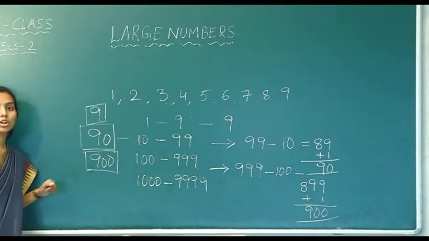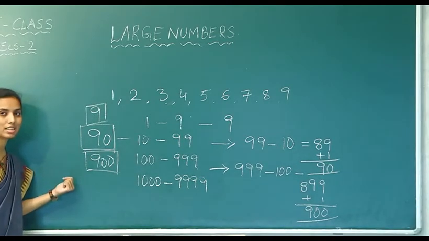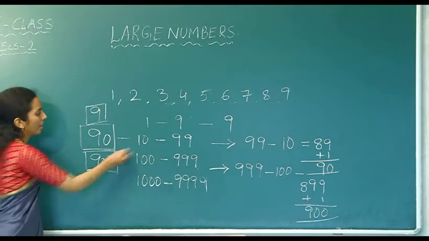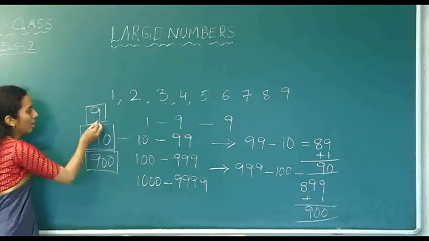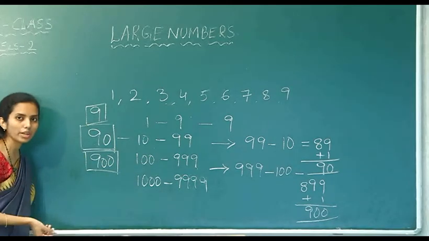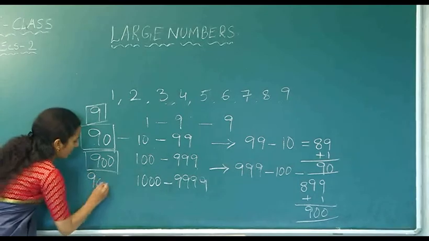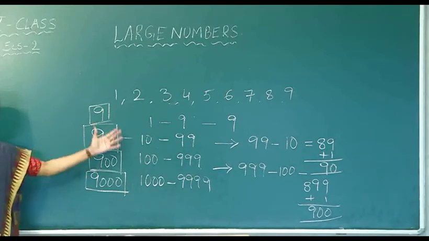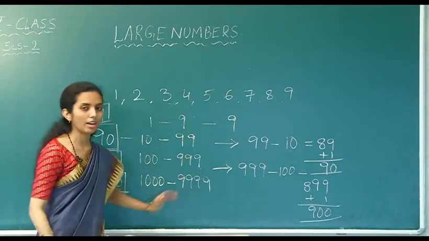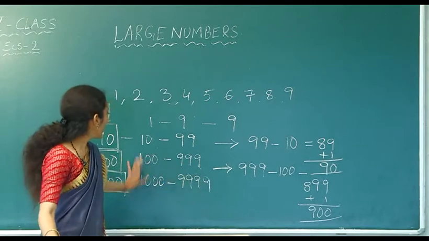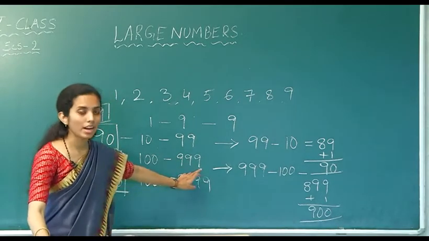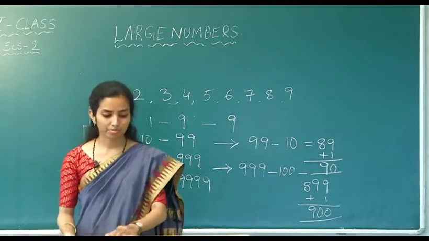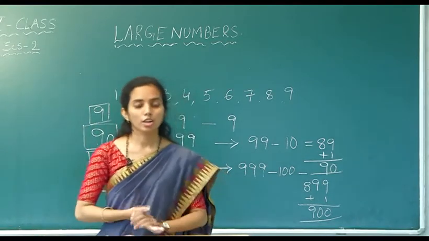And if I ask you a question, how many numbers are there between 1000 to 9999? So what can we say by looking at these answers? Very simple. In hundreds, we got 900. In tens, we got 90. In ones, we got 9. So in thousands, what do we get? We get 9000. So in this manner, we can find out the numbers between 100 to 999, 1000 to 9999. So this is how we have given the concepts.